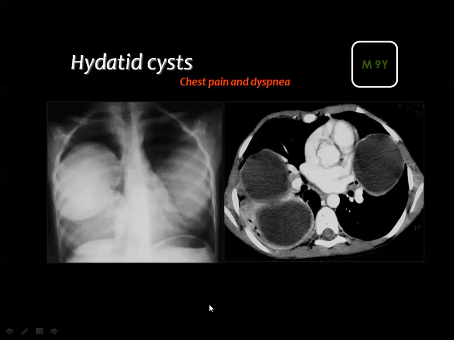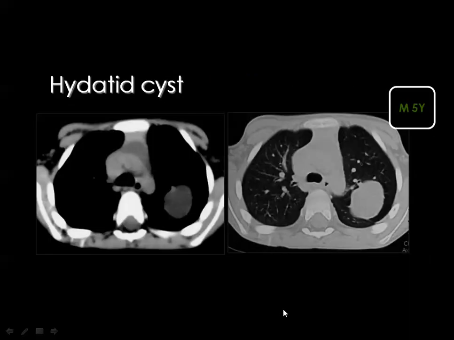Then the second mass in the pediatric age group and also in adults is hydatid cyst, and hydatid cyst is diagnosed by its fluid content. And you see here multiple large masses in the chest, and the CT scan or the ultrasound will show the water content of the lesions, denoting that you are dealing with hydatid cysts. And this is also a good example of a hydatid cyst containing fluid in the left lung of a child